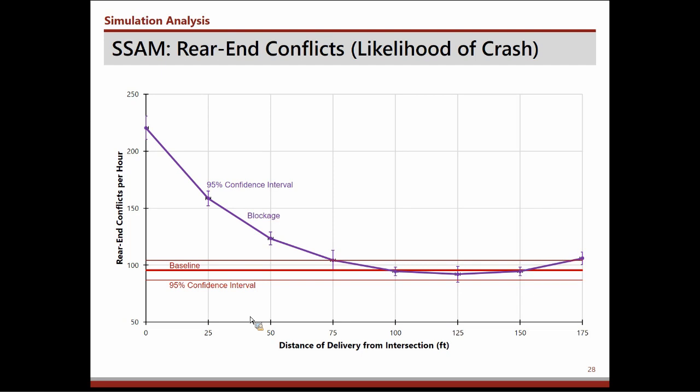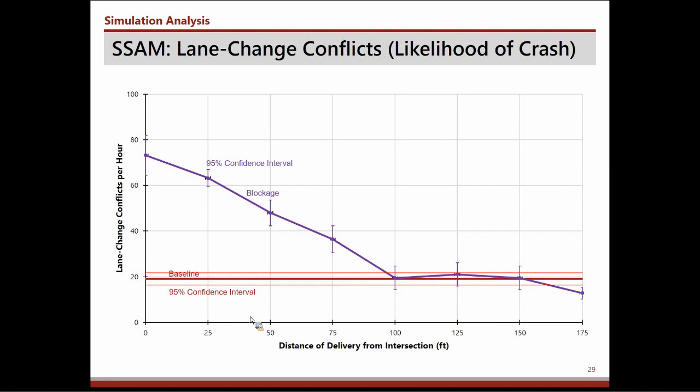And when the freight delivery vehicle is right at the stop bar, 0, we more than double that number of conflicts. But you can see that the number of conflicts decreases as you increase the distance where that delivery is made relative to the intersection. So as you move it back, fewer and fewer of these rear-end conflicts until the risk is really no different than it was in the baseline case. And that really seems to map directly to the delay effect, that the rear-end conflicts have a lot to do with the development of the queues. And if you remove the freight delivery from the queue interactions, then the rear-end conflicts in the queuing is just as it was